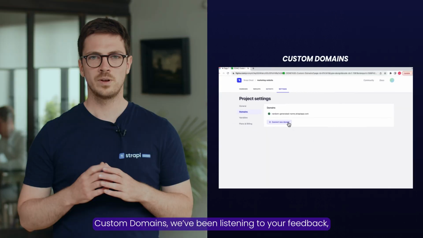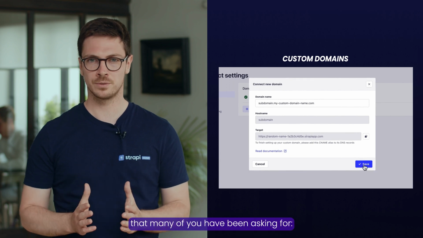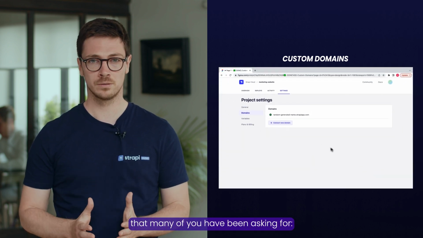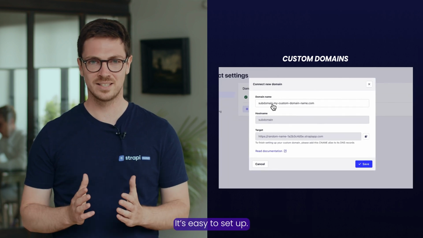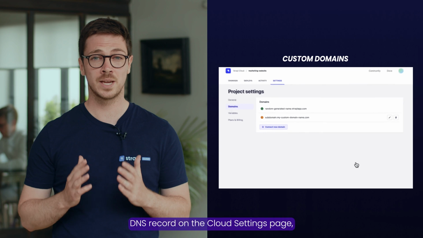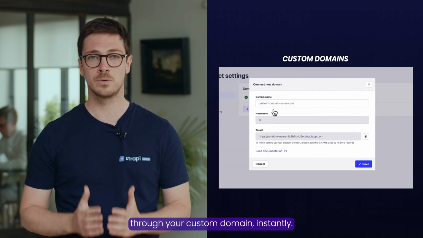Custom domains. We have been listening to your feedback, and we are excited to announce a new feature that many of you have been asking for. The ability to use a custom domain for your CMS. It's easy to set up. Just configure the CNAME DNS record on the cloud settings page, and your application will be accessible through your custom